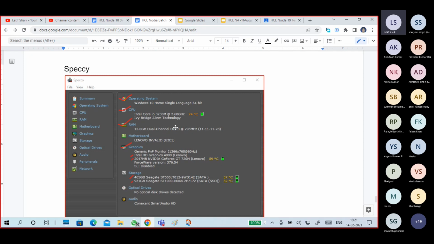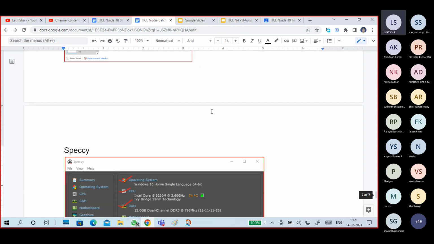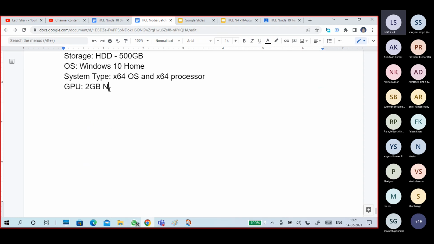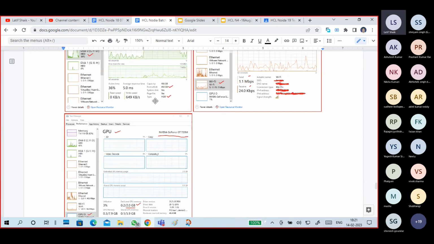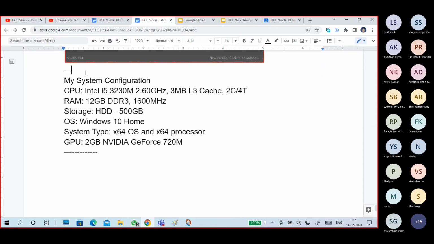Where is my graphic card information? NVIDIA GeForce 720M.